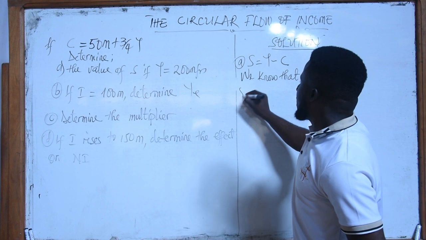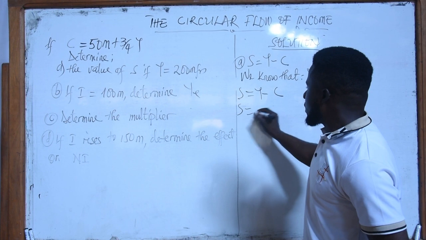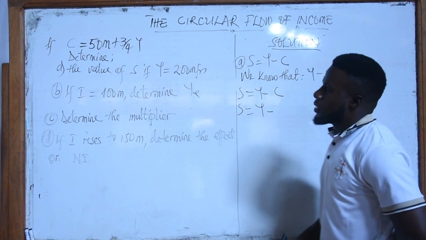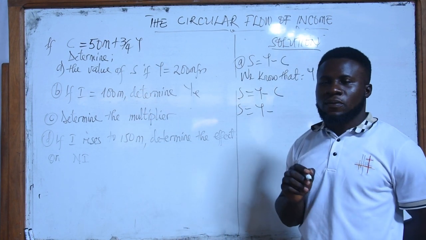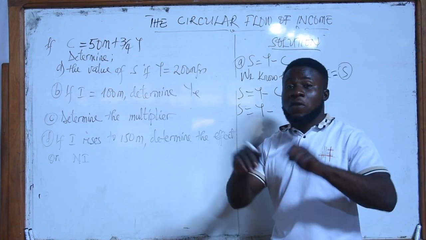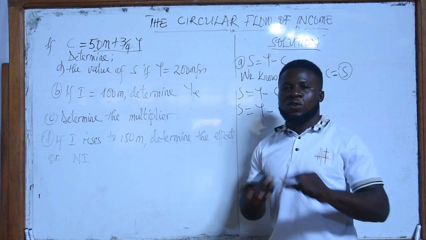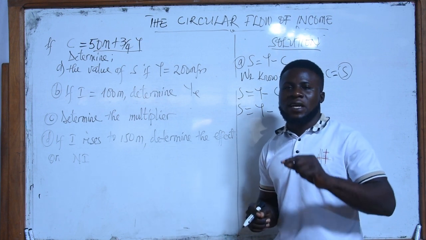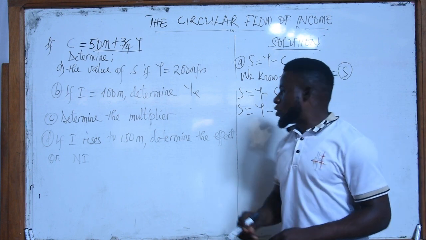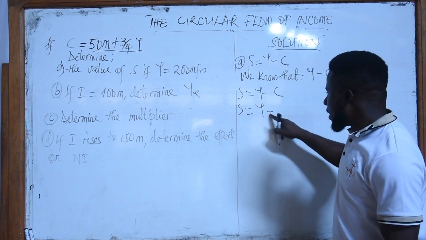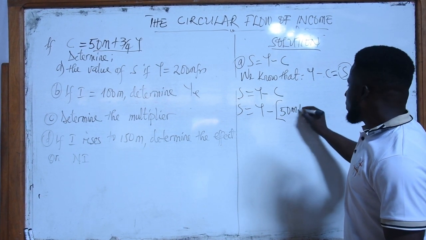So we have S is equal to Y minus C, and then S here is equal to Y minus all of C. C here is given by 50 million plus 3/4 Y. When you are subtracting a value from a function, what you do is that you put it in brackets so that the negative sign multiplies all through. That negative sign affects all the values inside. So what I'm saying is we say Y minus, in brackets we have 50 million plus